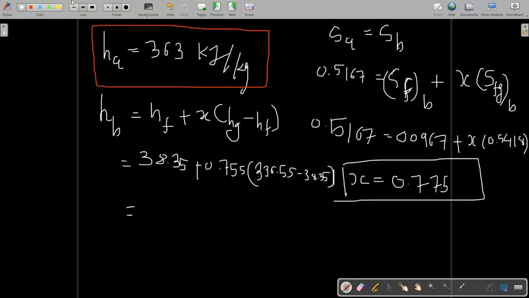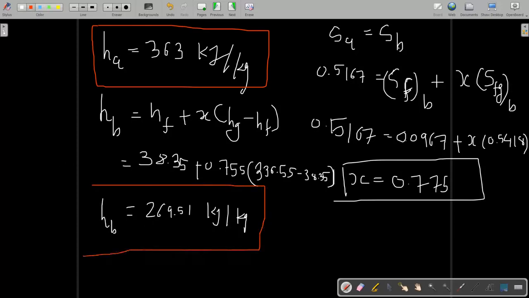I have written these values on a separate page, so that is why I can write them quickly. As I told you earlier, just take the screenshot. So when you solve this, you have the enthalpy at point B as 269.51 kilojoule per kg. Just box it in red, so it will easily get highlighted